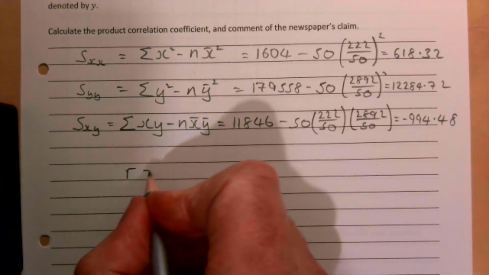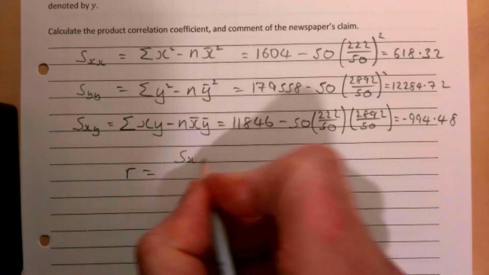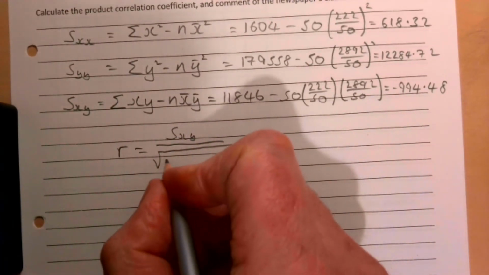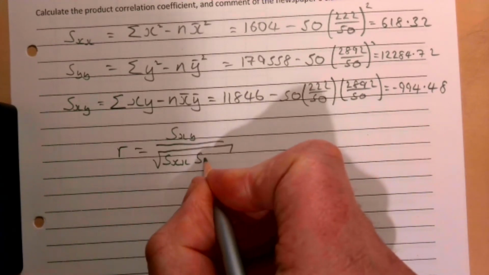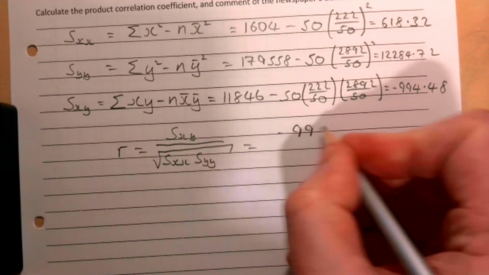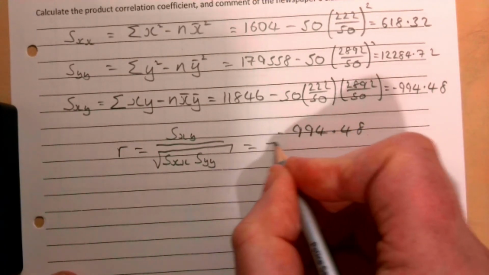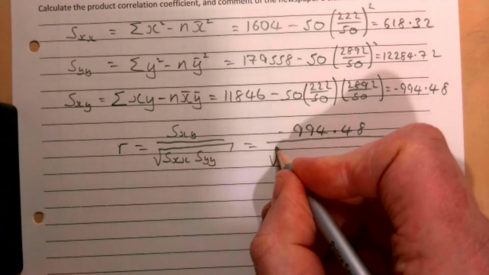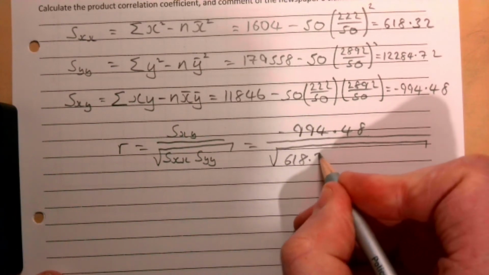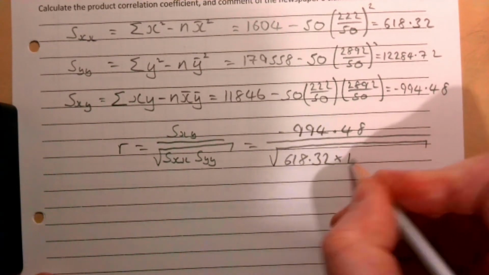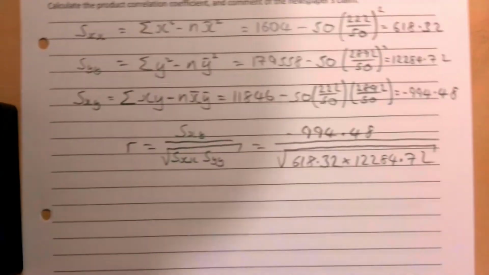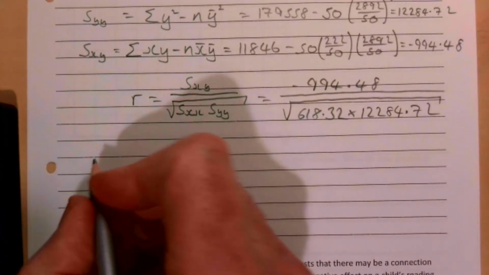So r equals Sxy all over the square root of Sxx Syy. Sxy is minus 994.48, all over the square root of 618.32 multiplied by 1224.72. And if you put that into your calculator,